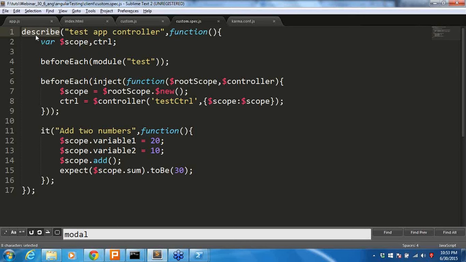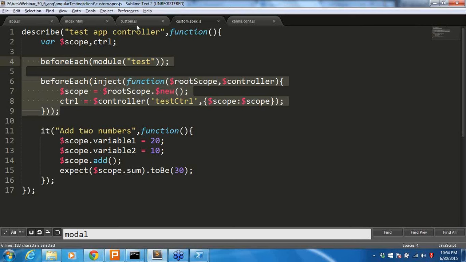Next one, beforeEach. Before I write the test cases or before I run them, if I want to do something, all the functionality I will write inside this beforeEach. In the beforeEach, we won't have the module anyway, so I am creating the module. In the same way we are creating the controller also. On this controller, I want to pass the scope variables. Okay, we have created all the modules and controllers in the beforeEach before we run the test cases. Then I want to write the test case. How can you do that? I already have variable 1 and variable 2 in my original JS file or original controller. So here I am creating the same variables and passing some data.